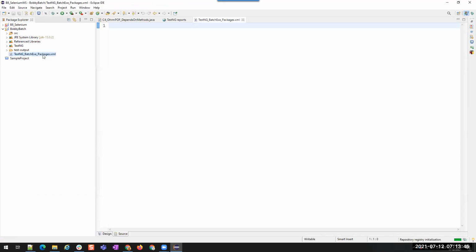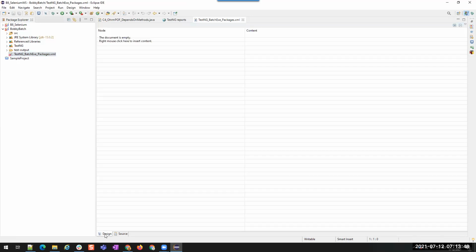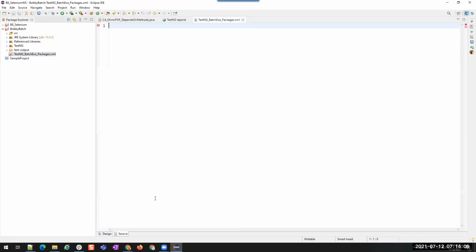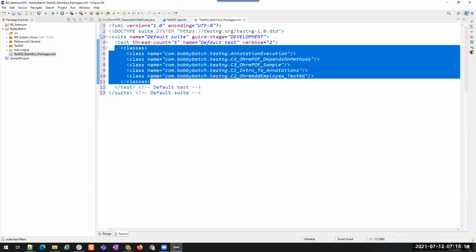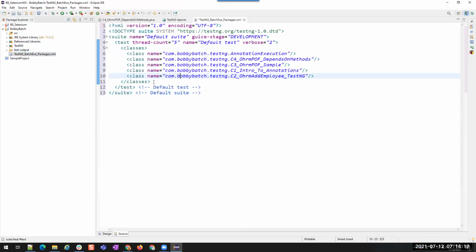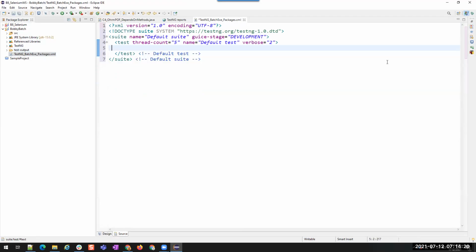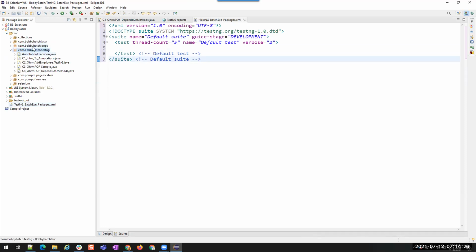Okay. Now that we have the XML file, when you see XML files, by default you see this kind of page, but I don't want to enter in the tabular format. You can add child, add comment, add new element, like this you can add anything, but it will be a little difficult for us. So go to the source from the design view and then paste whatever things I copied from the index.html report. Now I don't want to execute the classes, I want to execute a package as a batch execution. Here is a package. I want to execute this whole package.